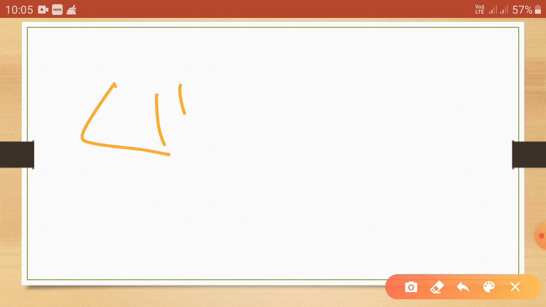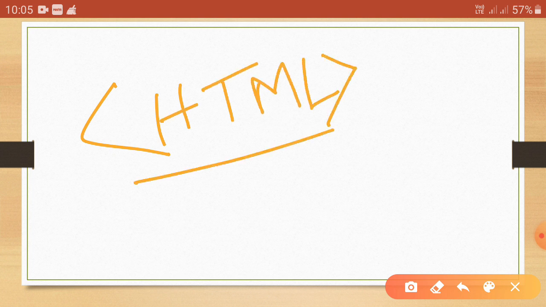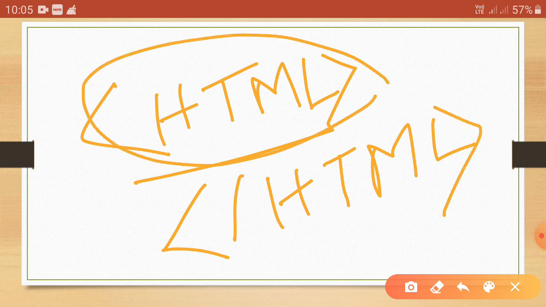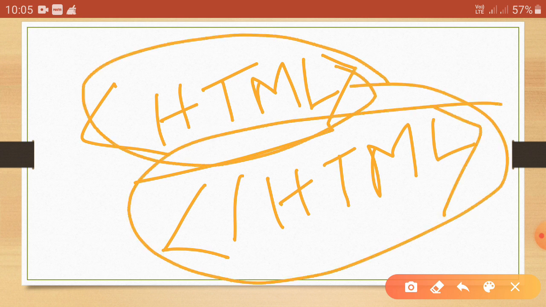If we write the html tag, that is the start tag, so it has the end tag or stop tag or closing tag, that is /html. So when the tag has both tags, then it is known as a non-empty tag or container tag.